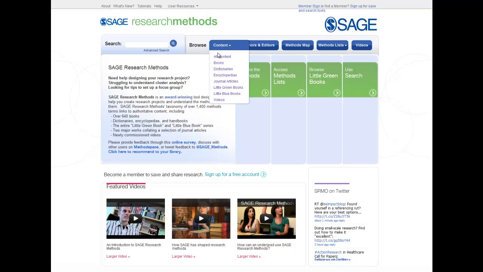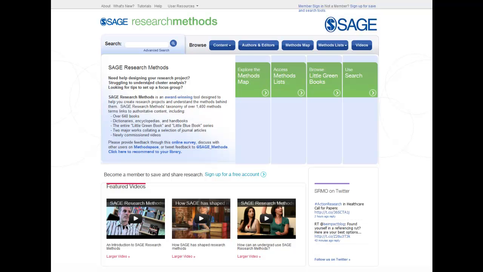Sage Research Methods helps users to answer the methods questions that they come up with during their research process. From the beginning of their project, the literature search, review, and research design, right through the data collection, analysis, and writing up, users will find a wealth of materials to help them understand their options and successfully produce their piece